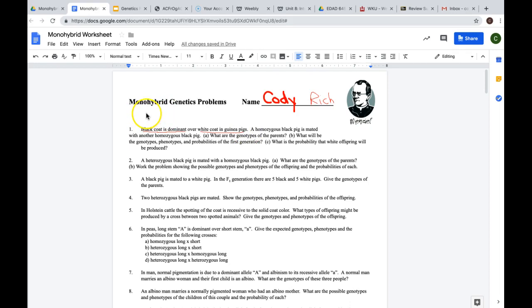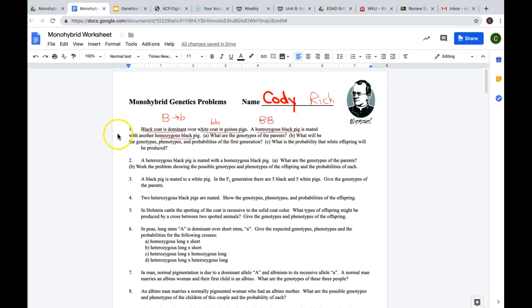So this is dominant, so we'll call the alleles B's. We know big B is dominant over little b. In order to have a white coat, you have to have two little b's. So we have a homozygous black pig, homozygous meaning it has two of the same alleles. It's black, so they're both dominant, B B,